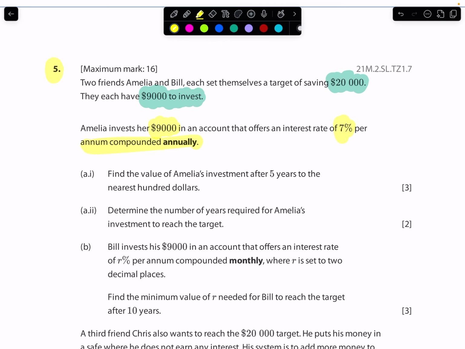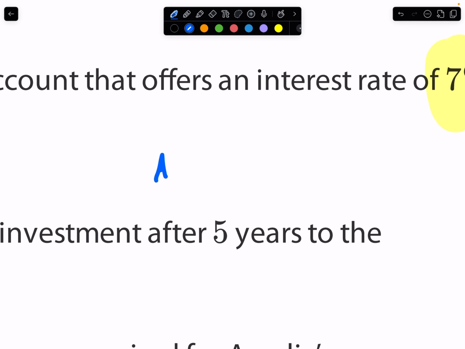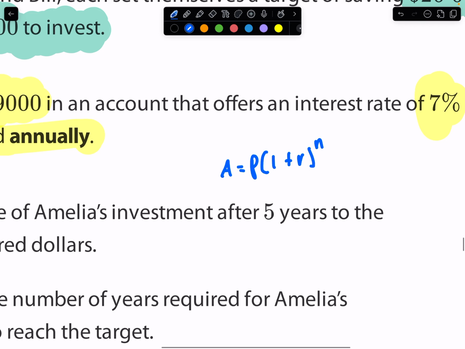Now, it asks us in part A, the first question: find the value of Amelia's investment after 5 years to the nearest $100. In order to answer this question, we use the formula A is equal to P(1 + R)^n, where A is the final amount,